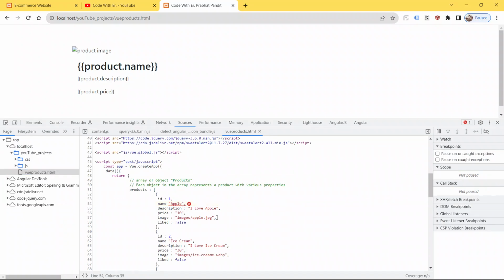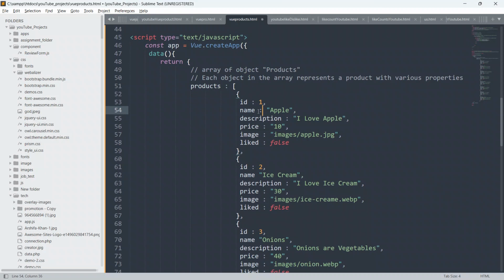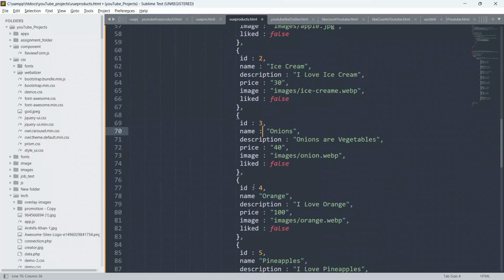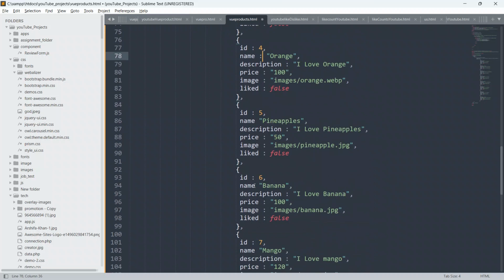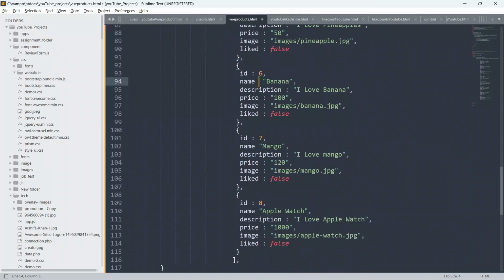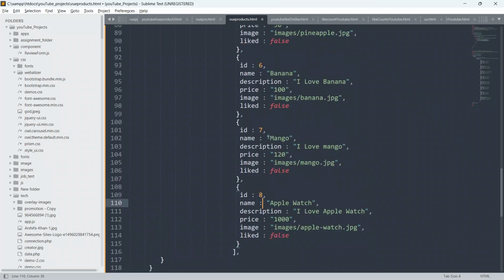Apple. Oh guys, sorry guys, sorry. See guys, we have not given a colon here. So put colon here, after the name of the product. Sorry guys, but we have found our error. I forgot to put the colon, so sorry guys. Yeah, it's okay, no issue. We found our mistake and we have also rectified it.